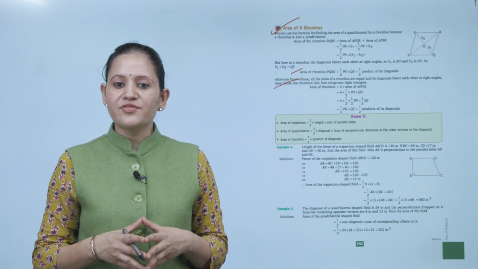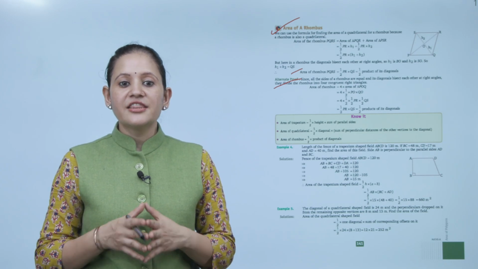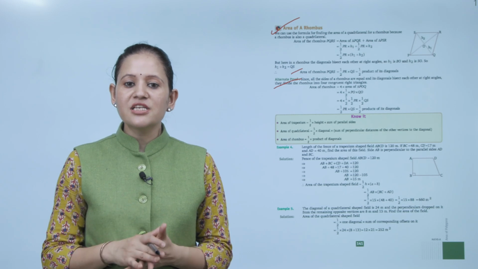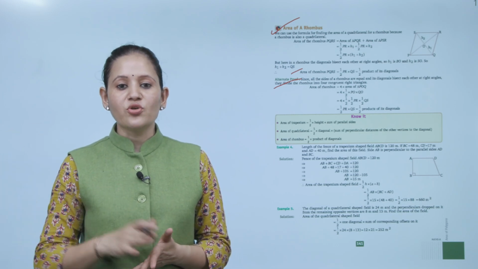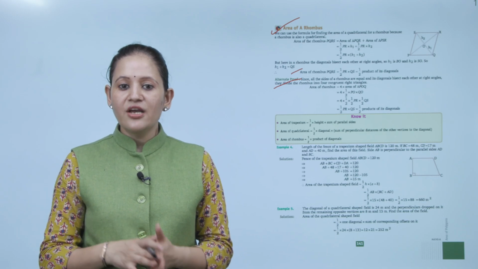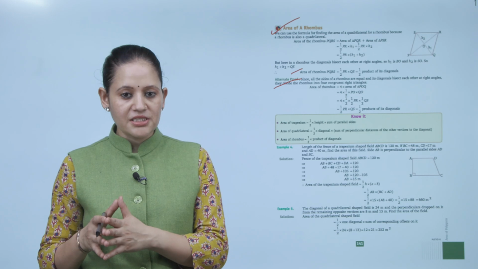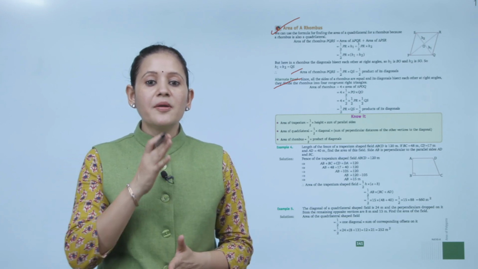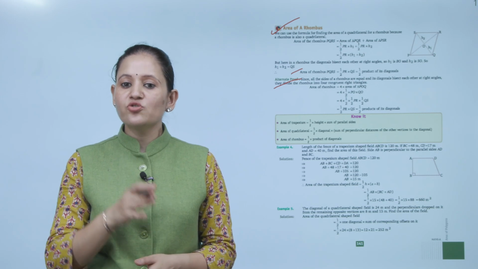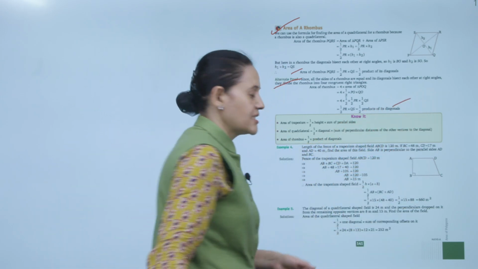Since all the sides of the rhombus are equal and its diagonals bisect each other at right angles, they divide the rhombus into 4 congruent right triangles. So area of rhombus will be 4 into area of triangle POQ, 4 into 1/2 multiplied by PO into QO, 4 into 1/2 into 1/2 PR into 1/2 QS. So 1/2 PR into QS. Clear? So that is equal to 1/2 product of its diagonals. That is the area of rhombus.